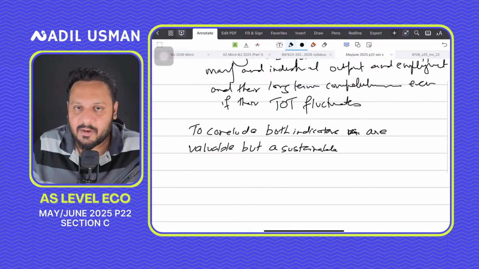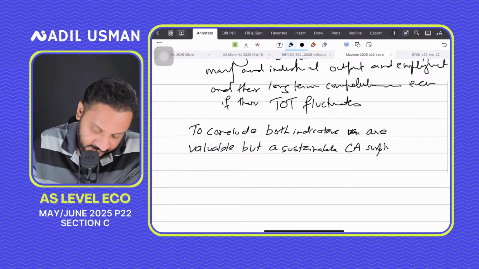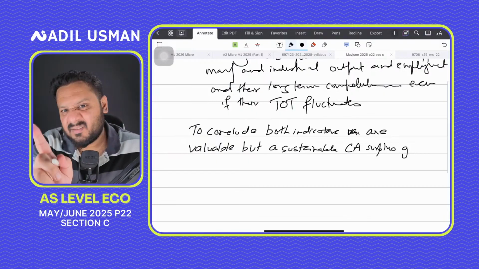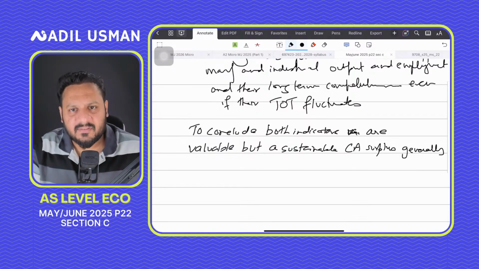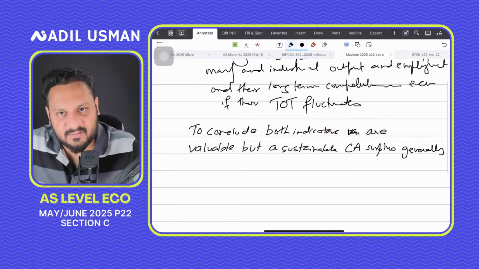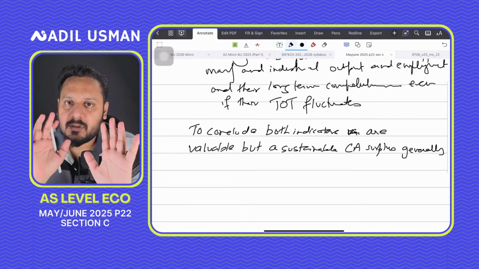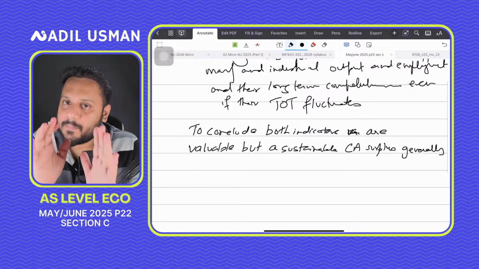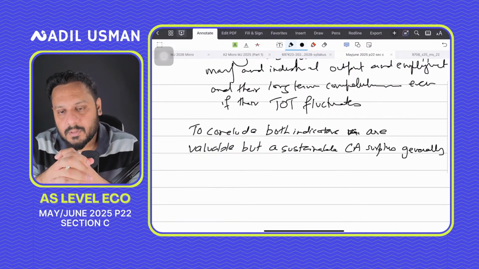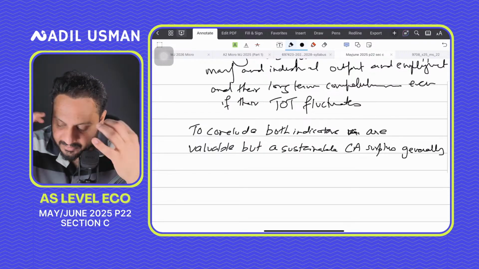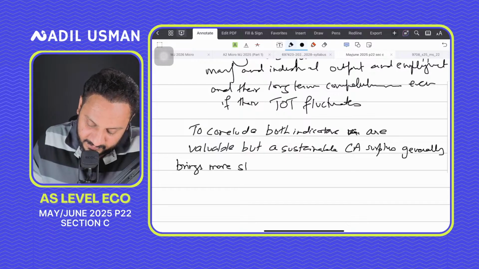it is very obvious that you must make a judgment. But a sustainable current account surplus, don't say always brings; say generally brings, more likely brings, more often brings. The moment you say it always brings more benefits, that is where you are going to be penalized in marks for the conclusion. More likely, but a sustainable current account balance generally brings more stable